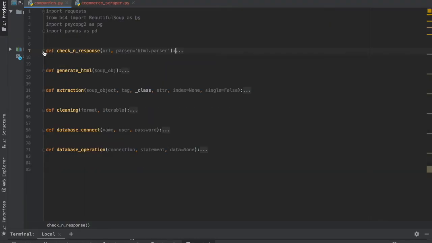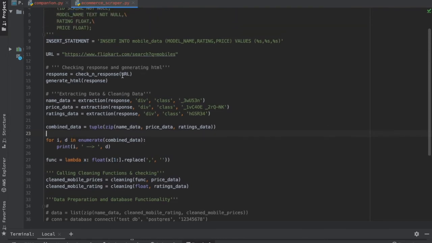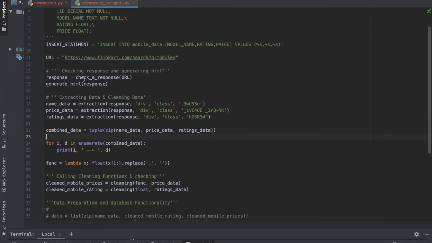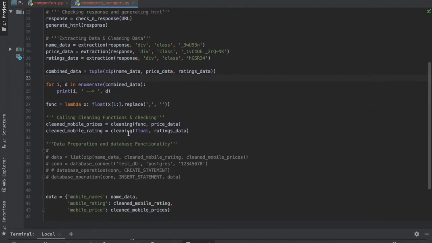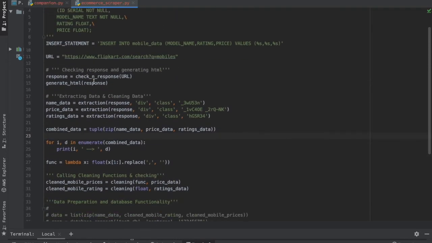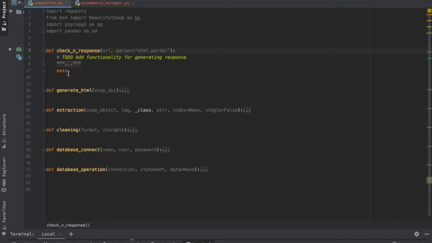Here you can see in my PyCharm editor, I have two files. One is companion.py. This is going to be that script in which I'm going to write all those functions which I use generally. And then there is this file e-commerce underscore scraper in which I've called these functionalities, and I'm doing all the extraction and printing out the data and checking the stuff. All those functions have been called here and can be used. I've kept everything separate, so we can see how modularity can be done. So these are the functions.